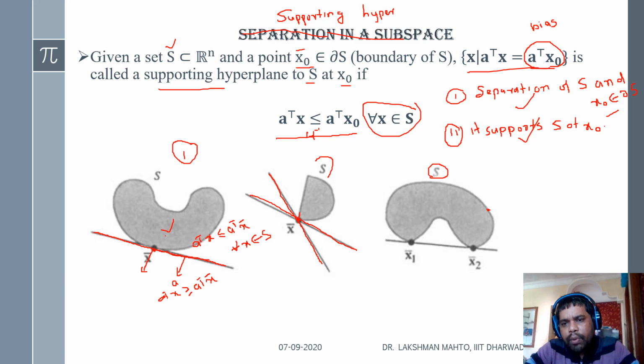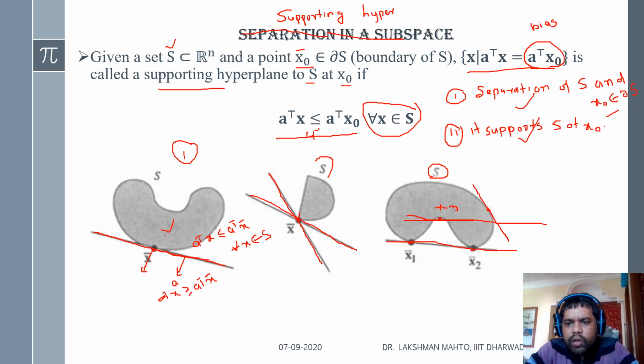But if you come to see this set, this set is not a convex set. If you talk about a supporting hyperplane at this point, then there is a unique supporting hyperplane. If you find a supporting hyperplane at this point, then also there is a unique supporting hyperplane, but this supporting hyperplane also supports this set at a different point as well. If you take a boundary point here, this one is a boundary point, there is no supporting hyperplane. So if you try to draw a supporting hyperplane in order to support this set at this point, suppose we call it this point x3.